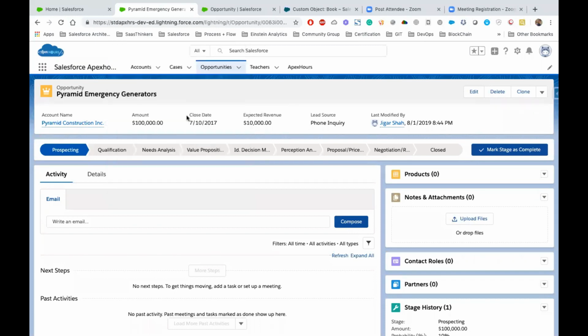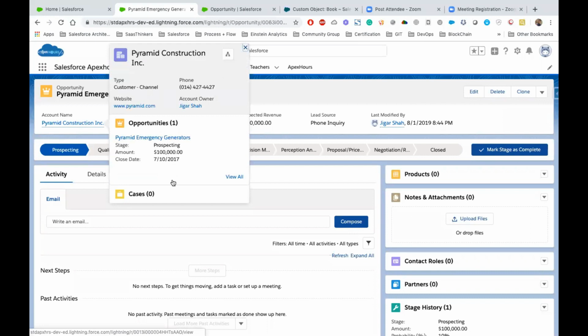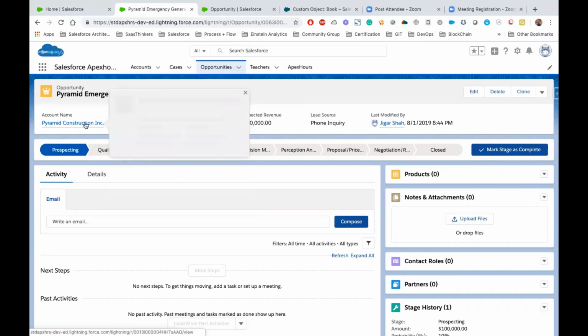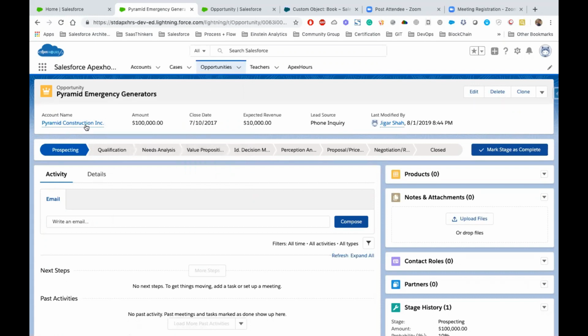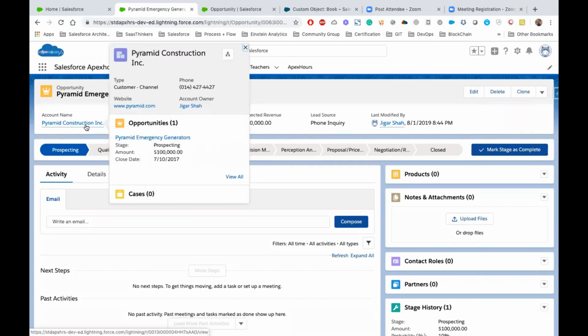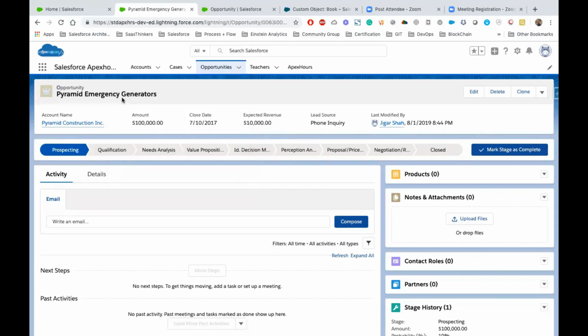So this mini page layout is basically responsible for what information you will see whenever you are hovering over a parent record. You will see it with the help of a combination of mini page layout and compact layout. And this compact layout highlight panel, all these fields will also be available whenever you open a record